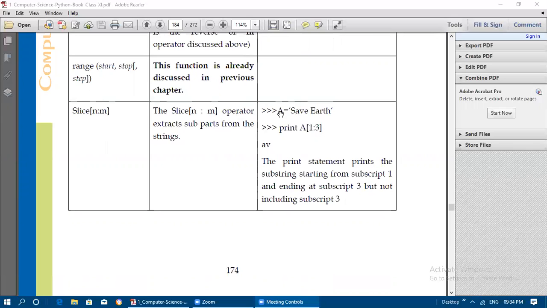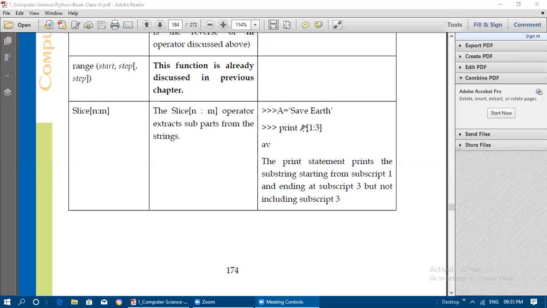So for example, a is equal to 'save earth', which we have given within single quotes. If you are giving a slice like this, a of square bracket, inside it n is the starting letter's index, that is the subscript, and 3 is the second index we are giving. So first index and second index. The first index indicates the beginning of the subpart and the second the ending of the subpart. It will not go up to 3, it will go up to the second value.